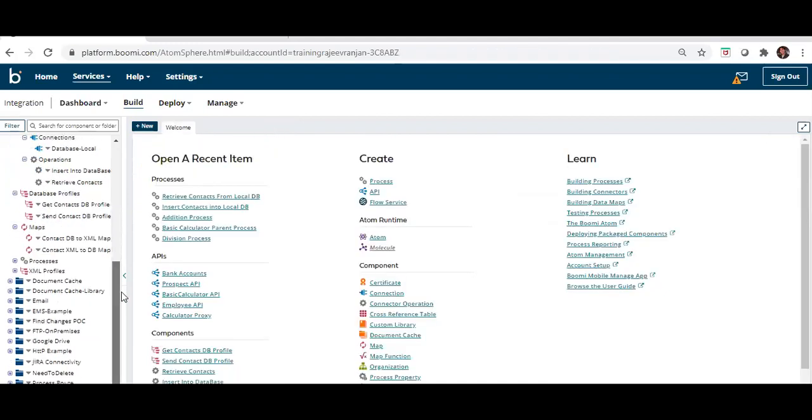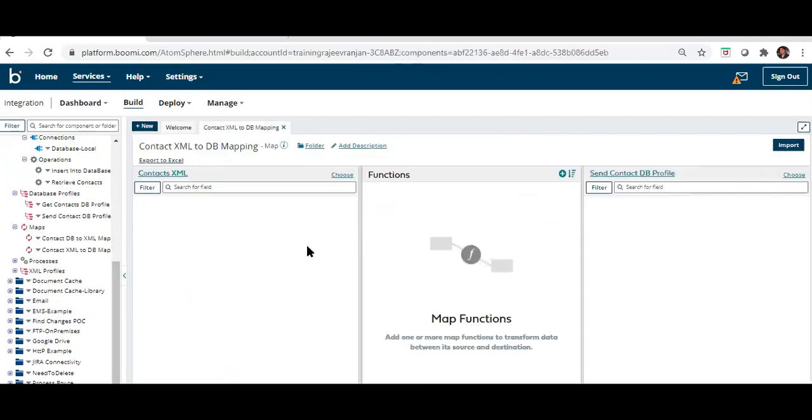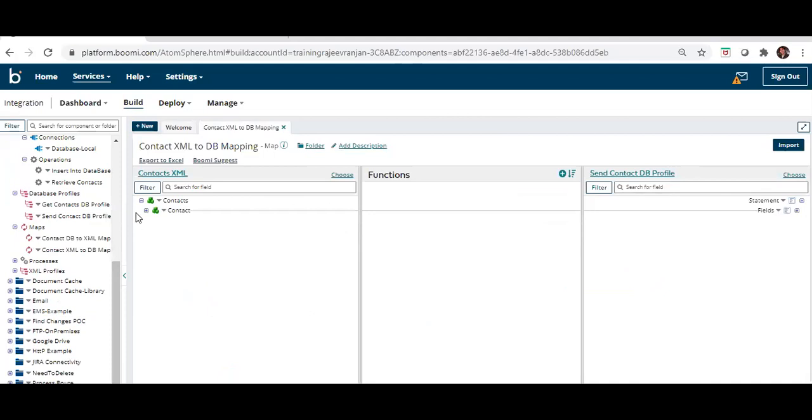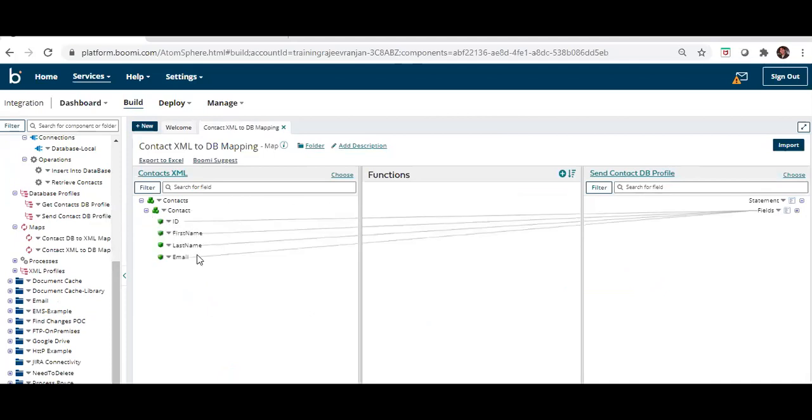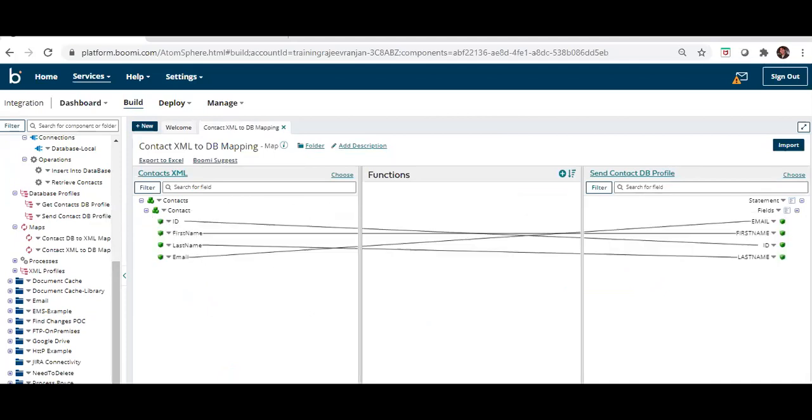Here we have used two different maps. One map is transforming the source XML request into the database. This is my source contact.xml and this is my target, the database. I am transforming from source to target, and this is for the insertion operation where I am inserting into the database.